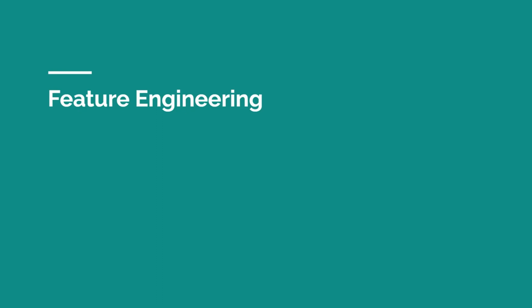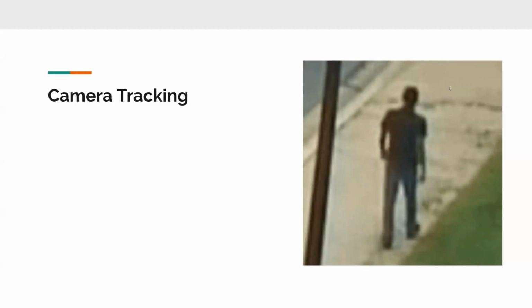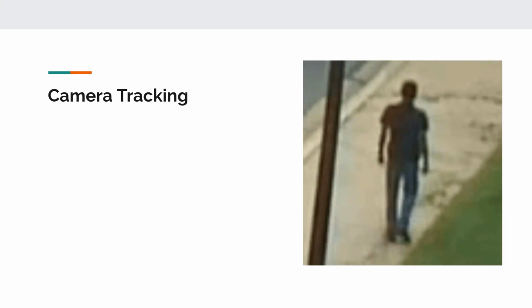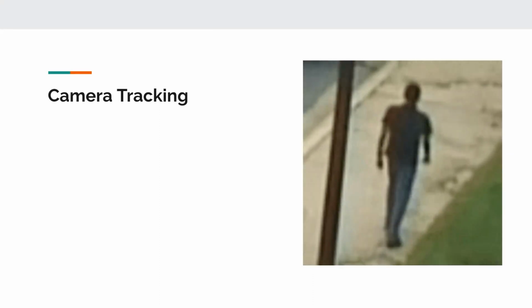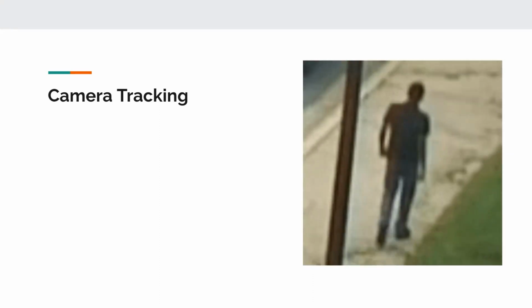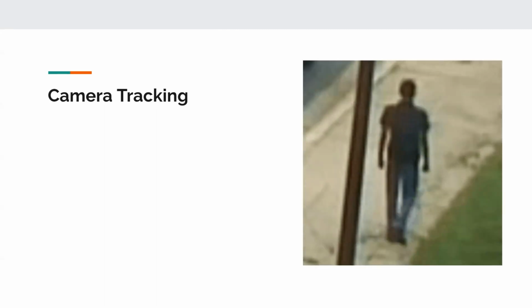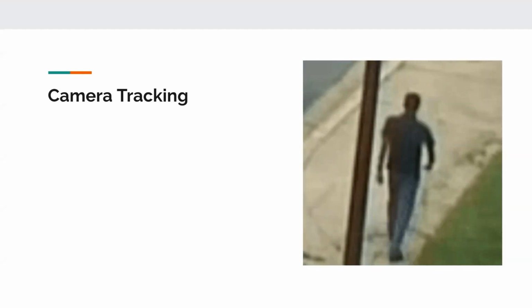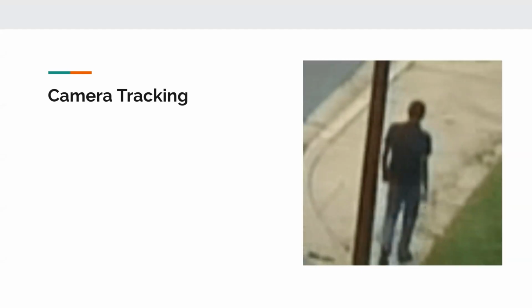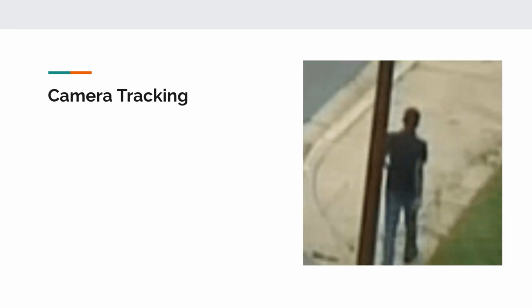Awesome. So basically, I'm going to talk over some feature engineering experiments that we ran. The first one was the idea that if you look at some of the samples of the Tiny VIRAT data set, this is a good example where you see the environment and how it moves and shakes and jitters. So one idea was to apply a sort of corrective camera tracking idea.